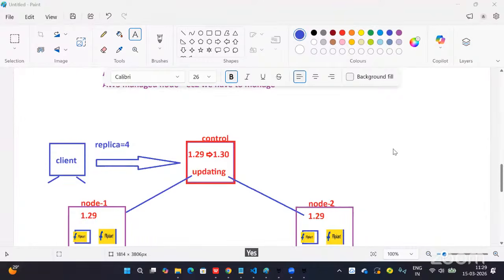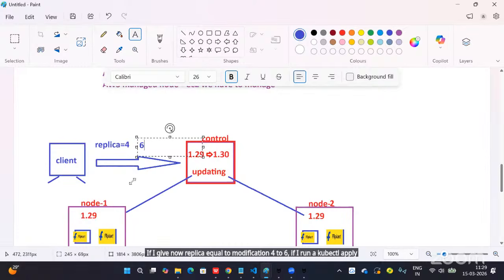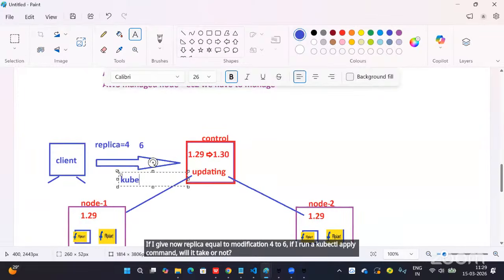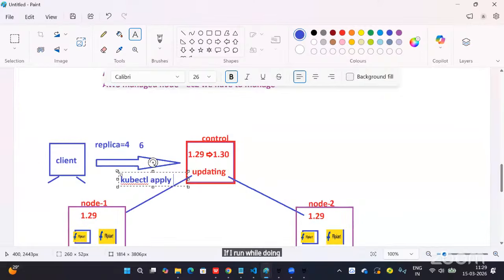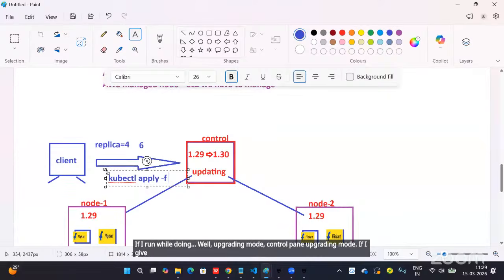Yes, unanimous answers: 100% no. But I will reveal this. If I modify the replicas from 4 to 6 and run the kubectl apply command while the control plane is in updating mode, will it take effect or not?